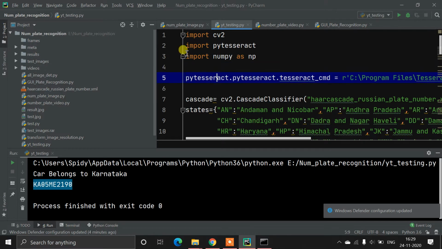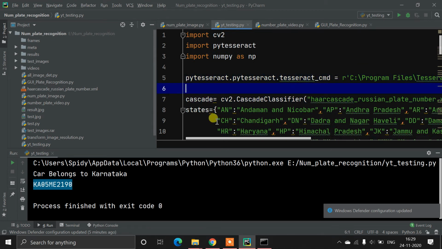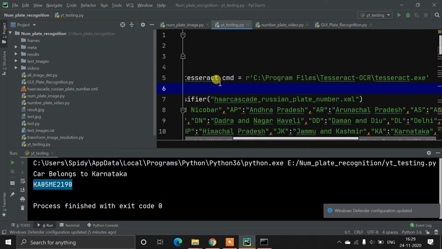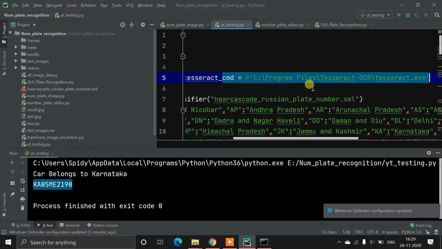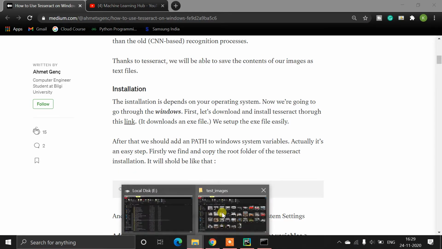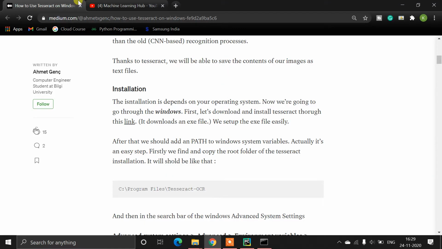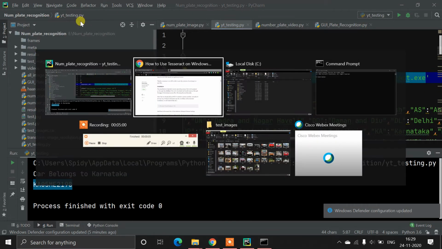Now you need to import these libraries. Before starting the program, you need to import all this, like import cv2, pytesseract, numpy. Then you need to set the Tesseract engine path in your working program. So you can see pytesseract.pytesseract.tesseract_cmd. Then you need to paste the path where your Tesseract engine is located. So let's see where my path is located. Okay, just go to the C drive, program files, Tesseract-OCR.